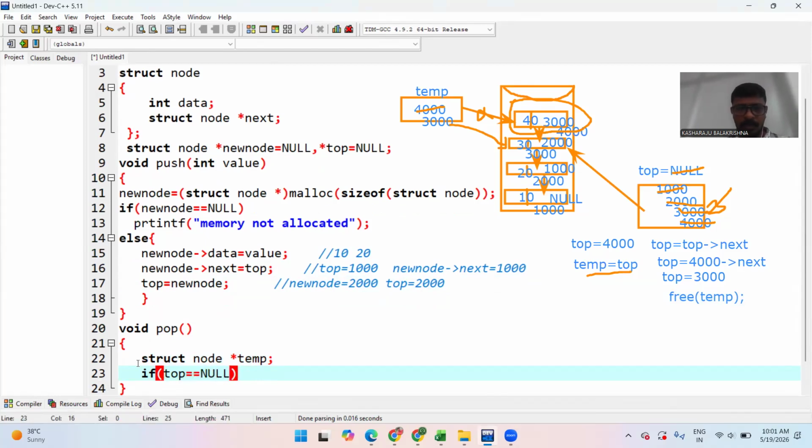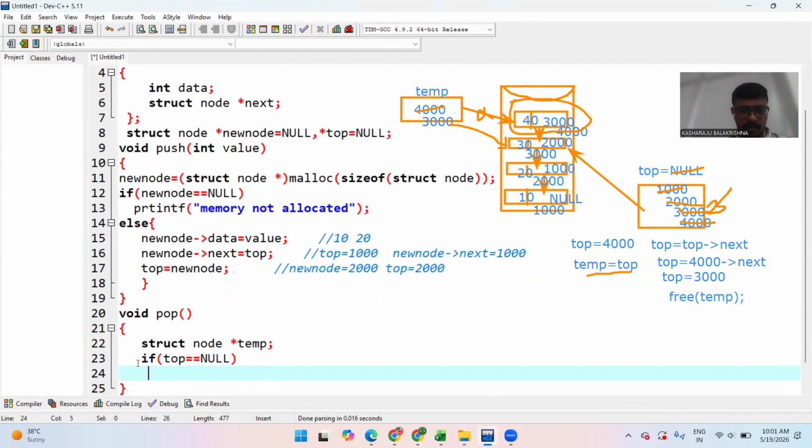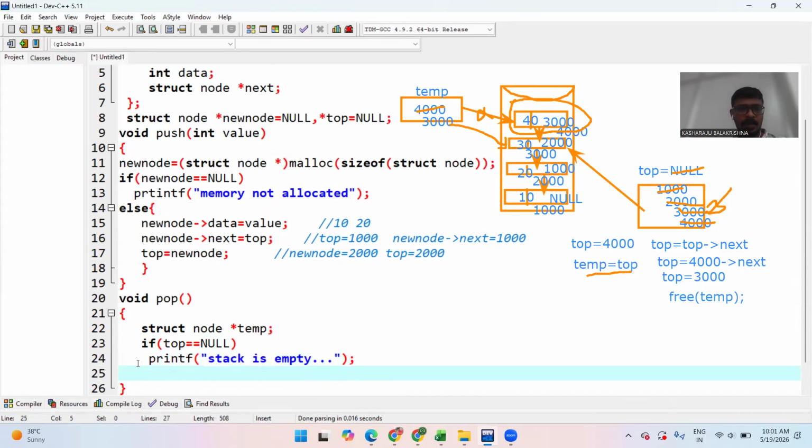If it is empty, there is no possibility of deletion. So printf stack is empty or underflow. Deletion is not possible, or popping is not possible. Clear. Else,